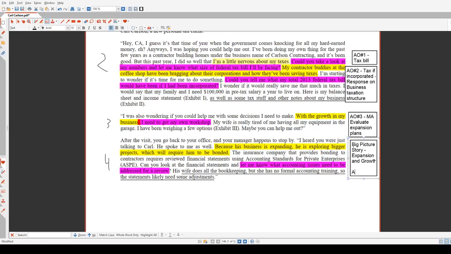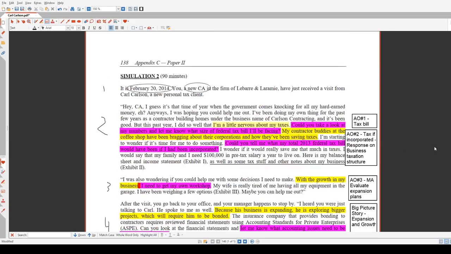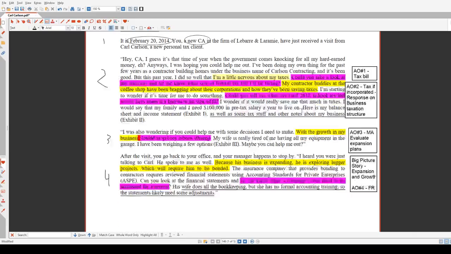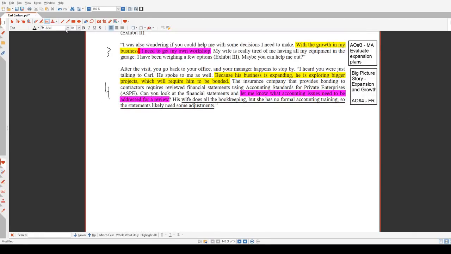And AO number 4, financial reporting. So a couple of things, dissecting the first page for you guys to see. And from that first page, I already know exactly directionally what I want to do. I just want to write this big story out for you to see how this all plays out. Big story,